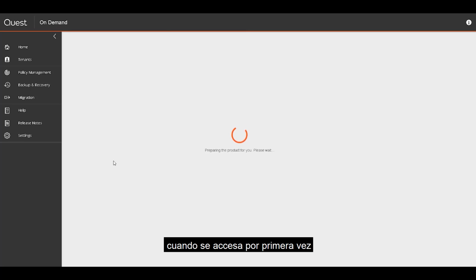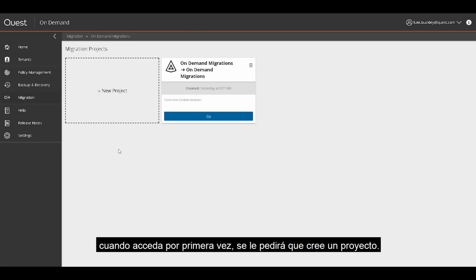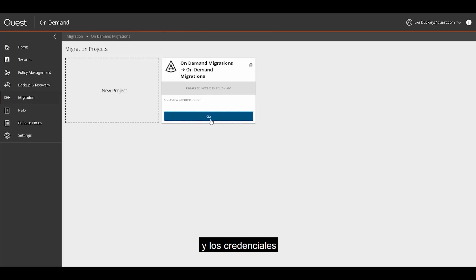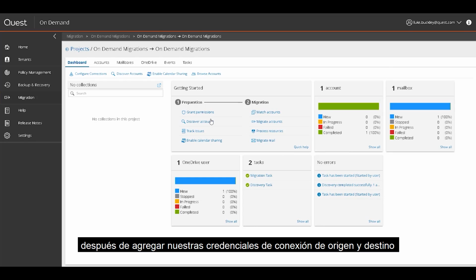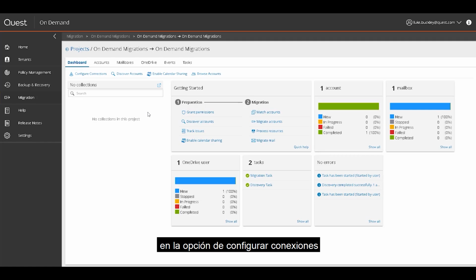When you first access it, you'll be prompted to create a project in a screen where you specify source and target domains and credentials. Then you're presented with an intuitive, robust, and easy-to-use interface to manage all of your tenant migration needs. After adding our source and target connection credentials in the Configure Connections option, we start with a discovery